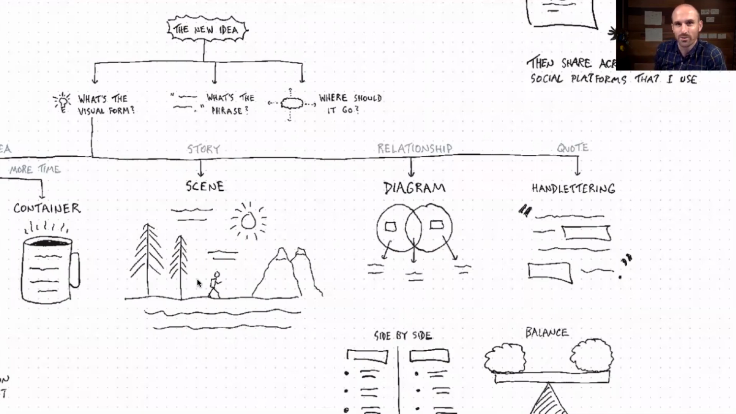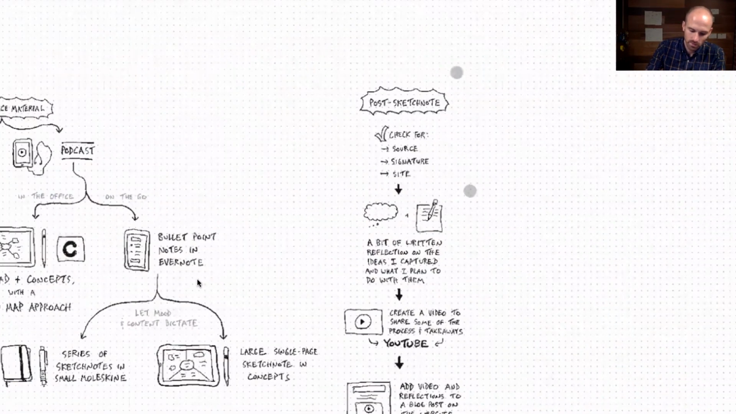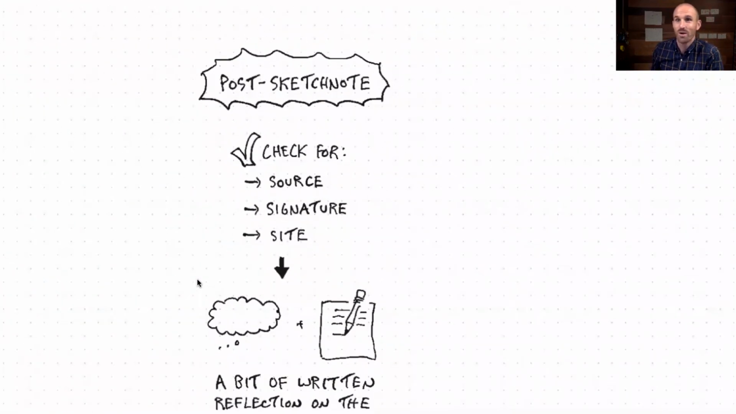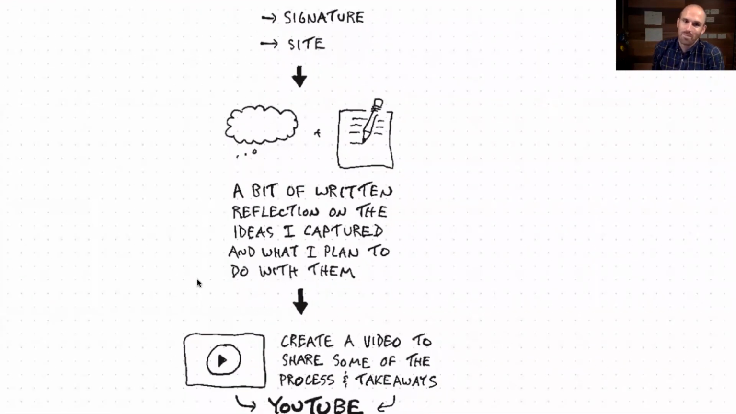this type of personalized resource. And then to finish things off, we've got this section about post-sketchnote workflow. What do you do after you've completed the thing? Here I'm encouraging myself to check that I've included the source of the material that I'm sketchnoting within the sketchnote itself, my own signature of some sort, and maybe linking to my website, verbaltovisual.com. Once I make sure that those things are included within the sketchnote itself, then I might go on to do a bit of written reflection about the ideas that I just captured and maybe what I want to do with